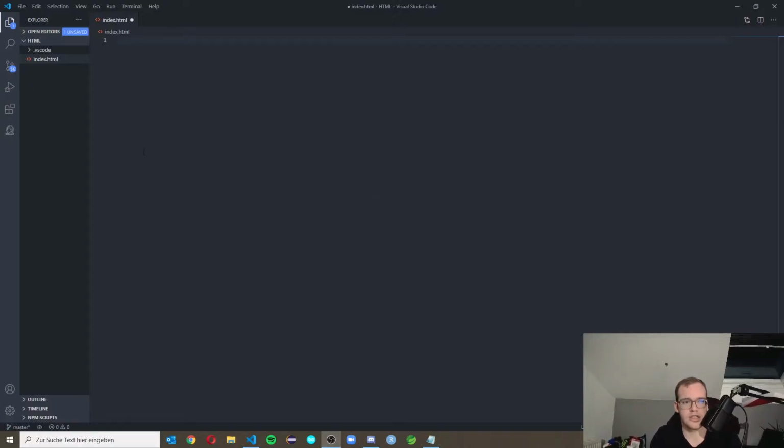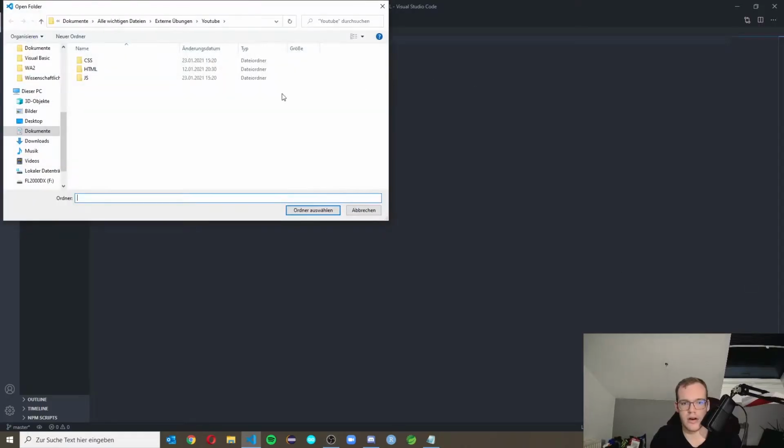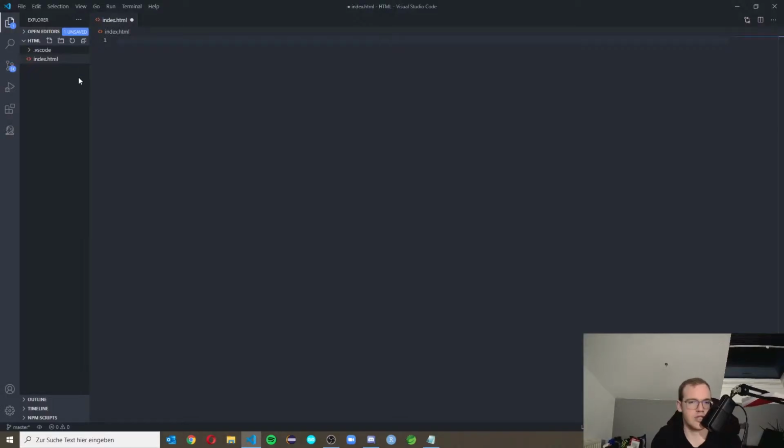There, you have your Explorer on the left hand side, where you simply can open a folder on your local machine and in there put in your files. Like before with PyCharm, they are exactly similar in this way. For the settings, HTML and CSS and JavaScript, you don't need to download anything except the Visual Studio Code. But in this series, I want to use like one extension which is necessary and the others which will help you throughout the series. Therefore, you can go on the left hand side to extensions,